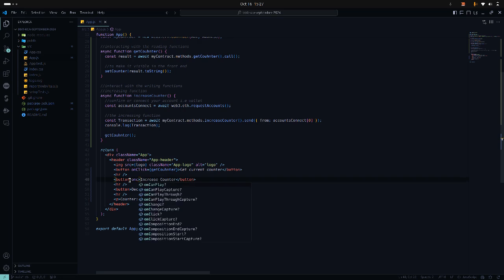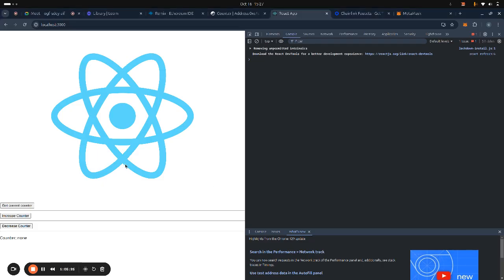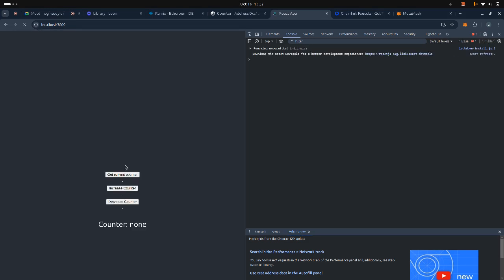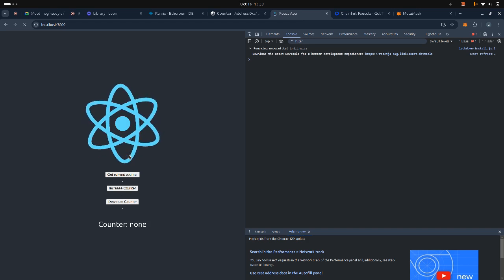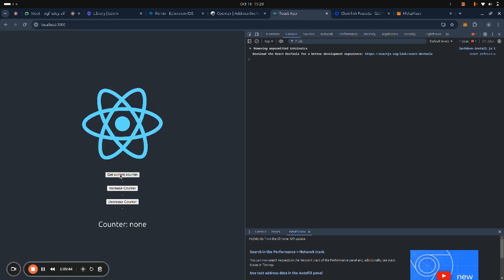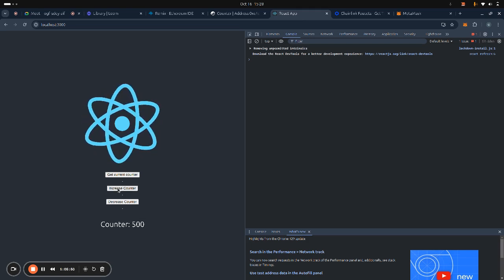On click, it calls the increase counter. Yeah. And let's refresh. When you get the current counter, it's 500. When you click on increase counter,